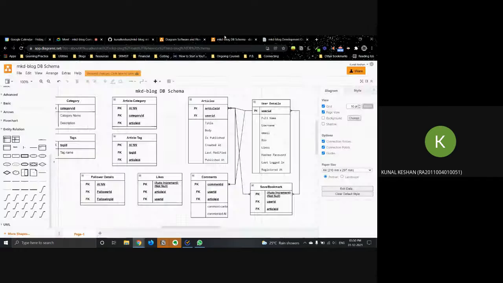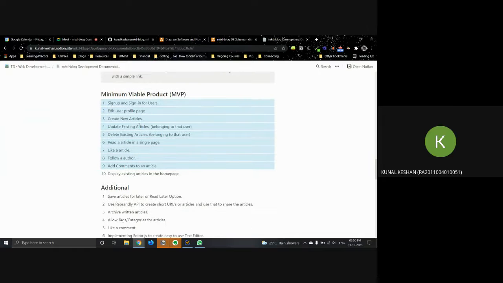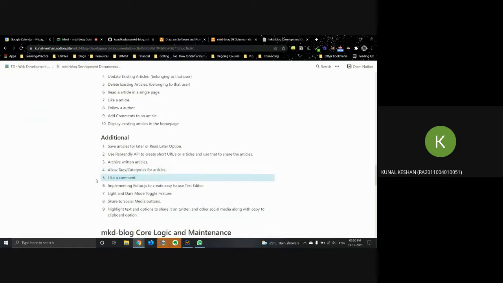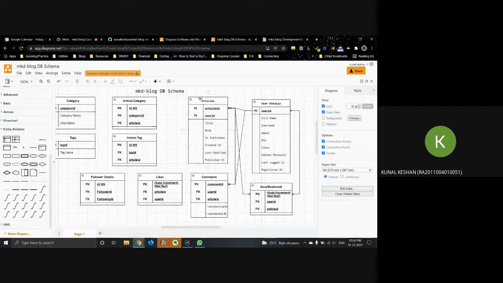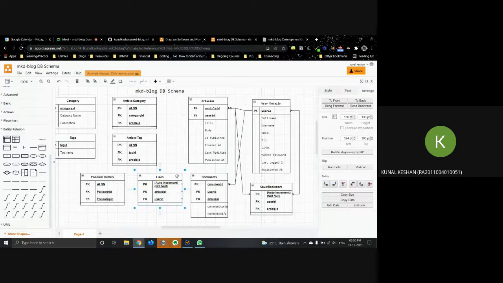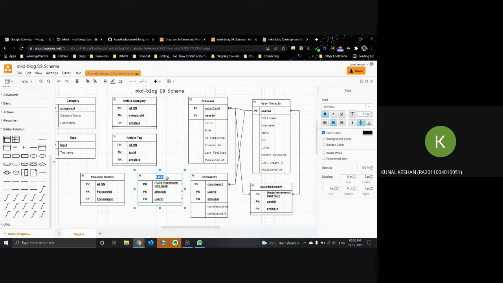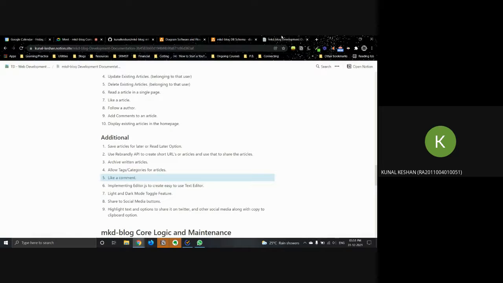Okay, so we are more or less done. We have implemented the database structure for this, and we have implemented two more additional ones: the save and the tags feature. Like a comment, I am not fully sure about this yet. I'm probably thinking we should use the same table, but since the foreign key should be pointing to that particular table, we probably have to segregate the table, like likes for articles and likes for comments in this case. But we'll look into that later. This is just an additional feature, okay?